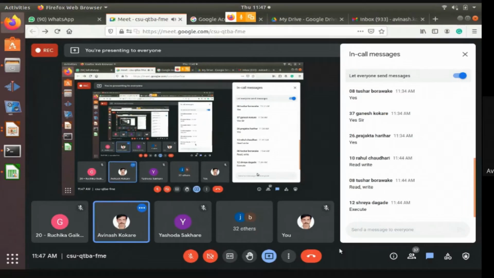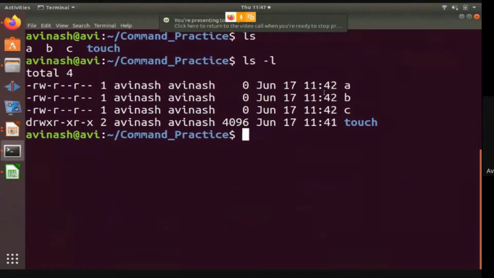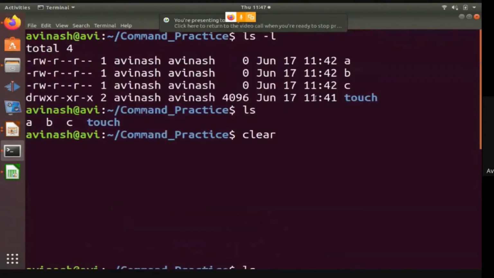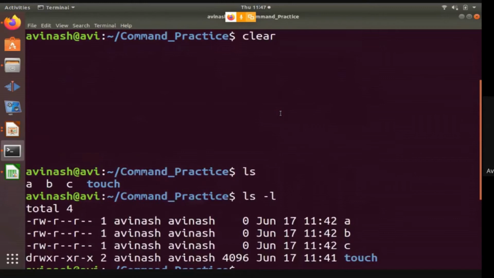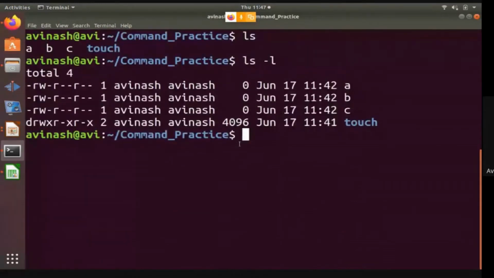D stands for? Okay, let me give you a clue about the commands that we had typed. Okay, so these are the commands which we had typed previously.